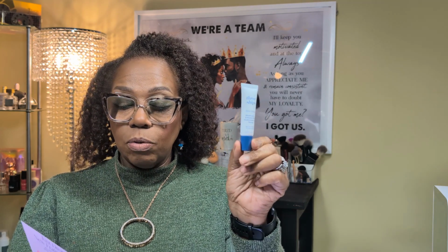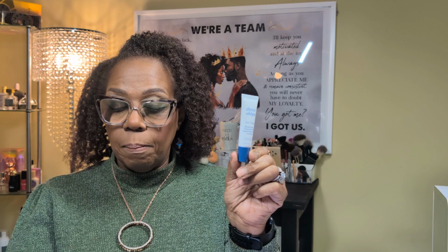We got one more, y'all. The next and last item that we have is this one right here. This is 3 ships, and this is the Beauty Dewdrops Mushroom plus Kakadu Plum Hyaluronic Acid Serum. Okay, that's a mouthful. But nonetheless, it says, this brightening, hydrating serum is light and easy to layer, so you can give your skincare routine a boost. And it's soothing aloe,